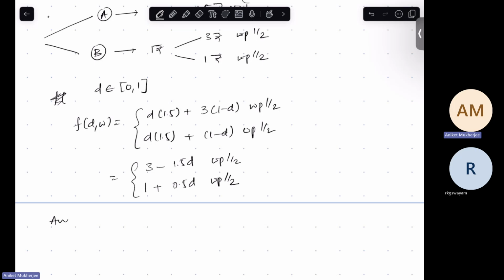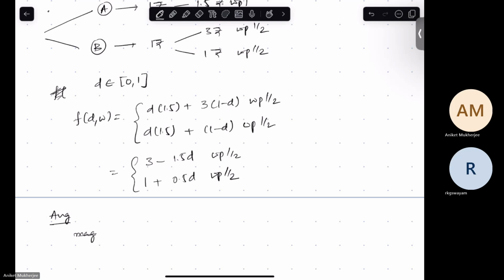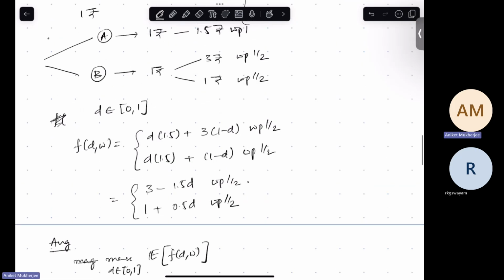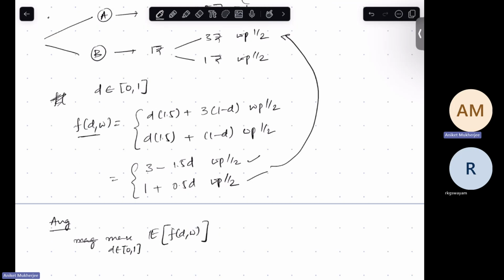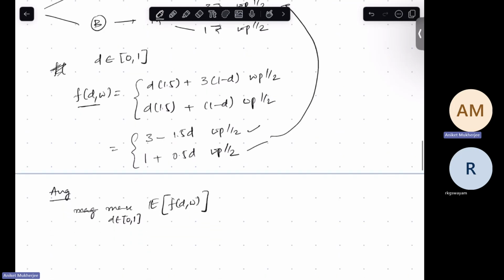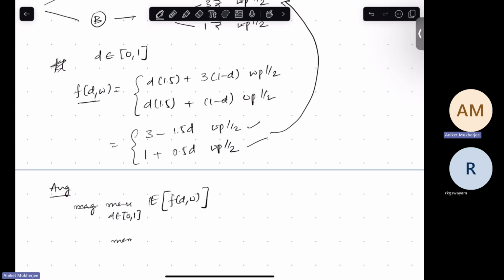I didn't do the average scenario, I think. The average scenario would be: you're maximizing, with D belongs to 0 to 1, the expected F(D, w), right? These two equations, this F(D, w), are directly coming from my problem statement. I have not introduced any new utility function or anything. I'm just maximizing expected outcome. This is what we did intuitively. So this expectation is half into this plus half into this. Taking a half common, I get 4